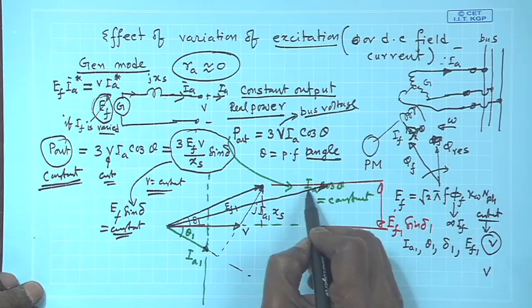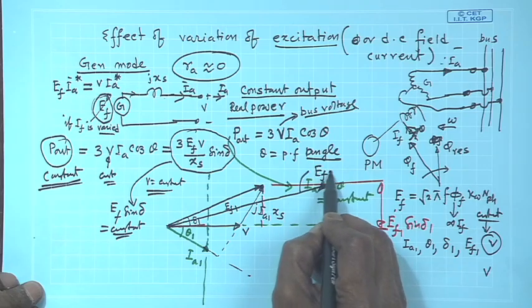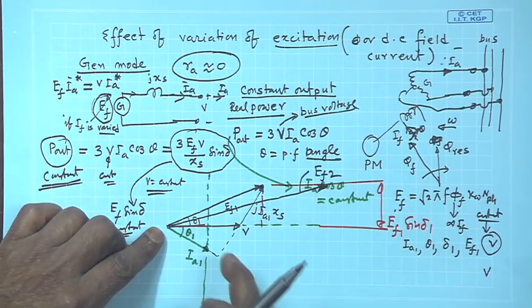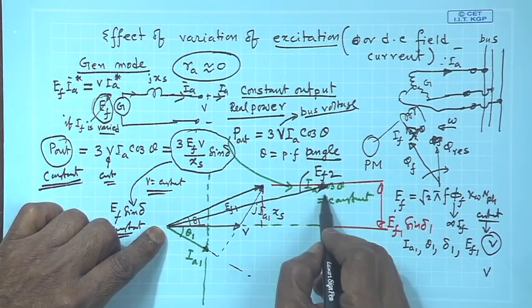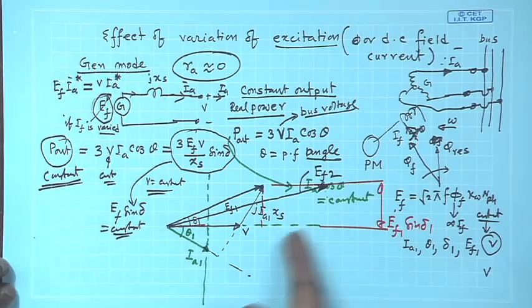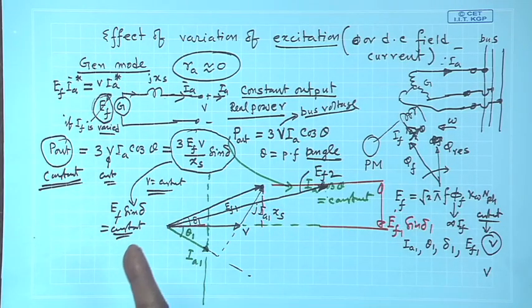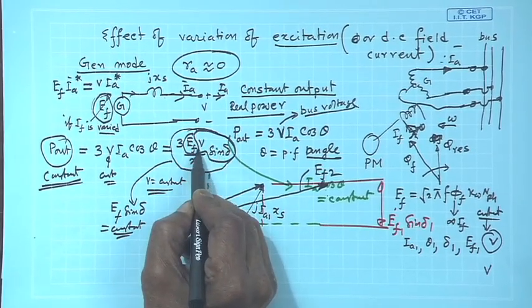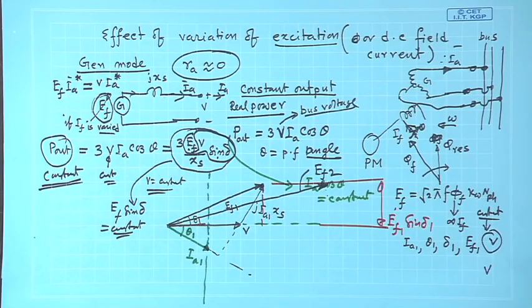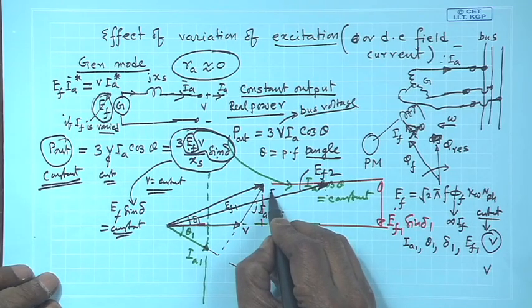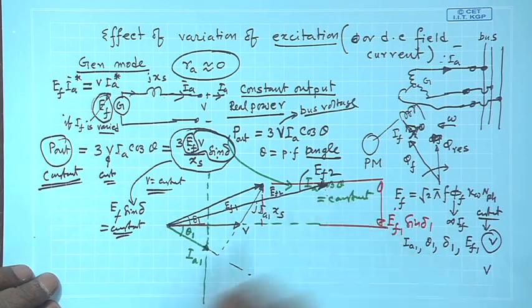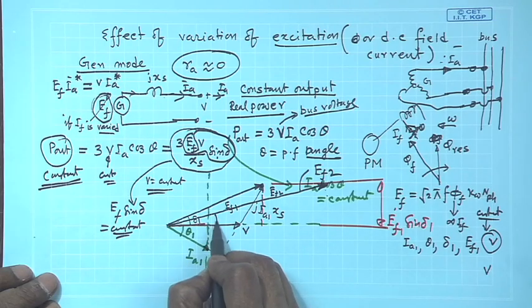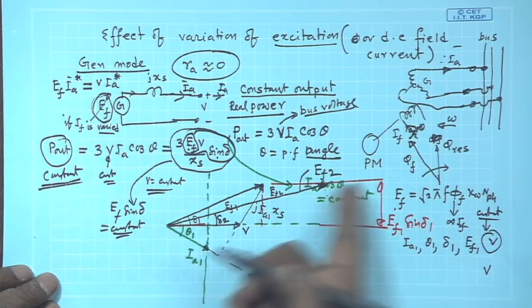here. Suppose the field current you have increased, excitation voltage has become more, then take that length, cut this line, because E f 2 sin delta 2 has to be equal to E f 1 sin delta 1, because E f sin delta has to remain constant. So, what do you do? You have increased the excitation. So, take this to be E f 2, and then I know this is my delta 2, because the angle between V and E f 2 is there,